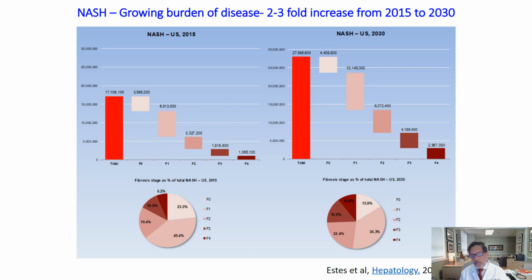So the proportion of people living with end-stage liver disease is expected to increase 2 to 3-fold with the aging of the population and continued disease up to 2030. And we know that we only do about 9,000 transplants annually in the US. So this is not a problem that we can transplant our way out of, and thus the need to develop